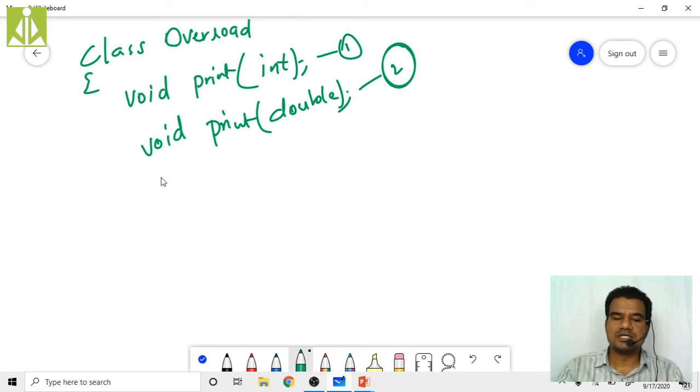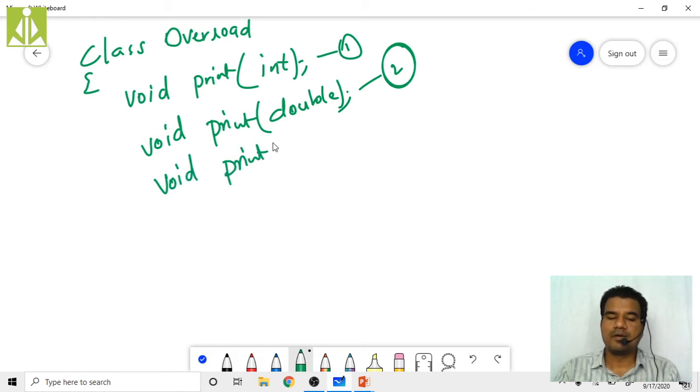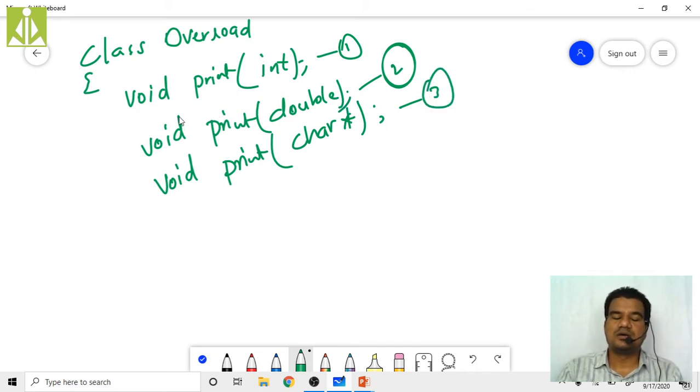Now the third declaration with the same function name: void print of character star, and character star is nothing but a string, as we already know. So how many declarations do I have for the same function print? Three different declarations.